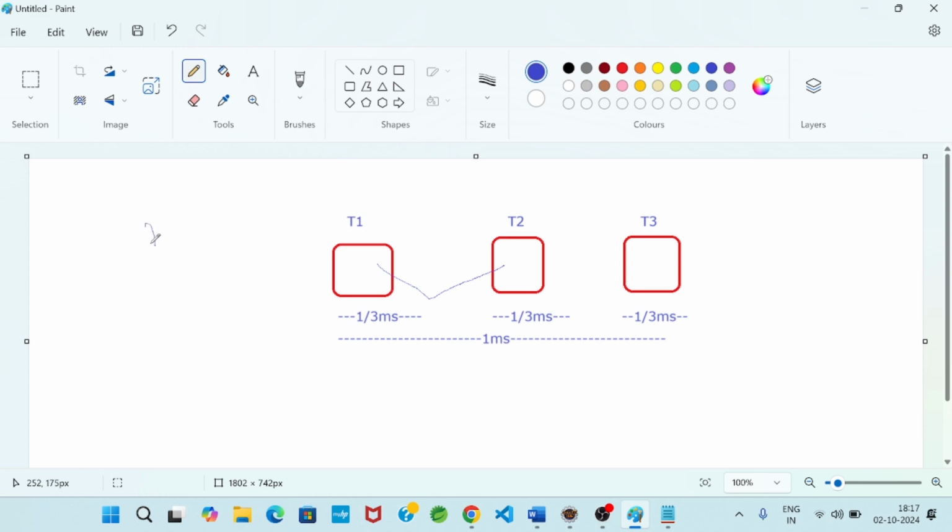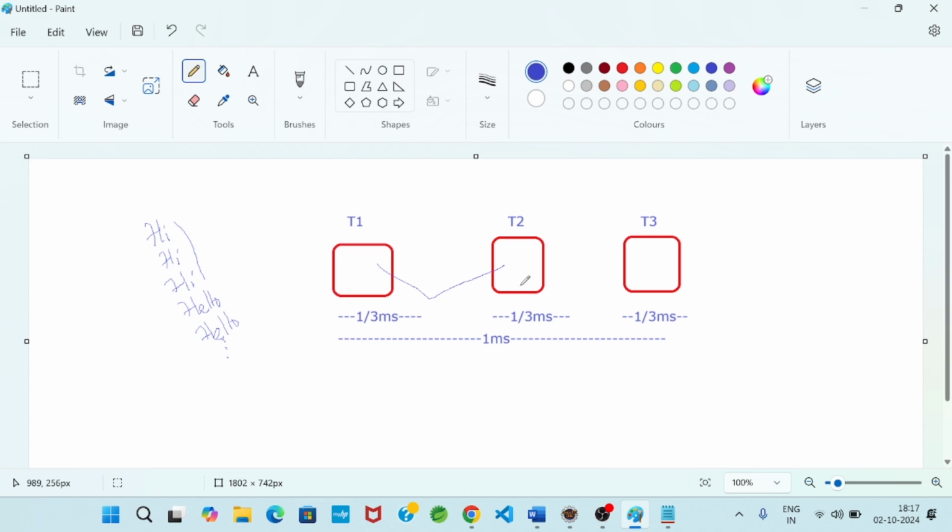Then T2 will start its execution. Suppose T1 has printed "hi" 3 times, then T2 output came. Hello, hello, T2 output came. That means after 3 iterations of T1, the control has switched over to T2. At which time is the control switching over? That is abstract, so we cannot know. But how do we know? After getting the output, from the output we will observe.